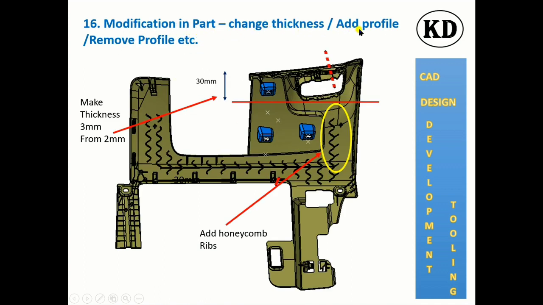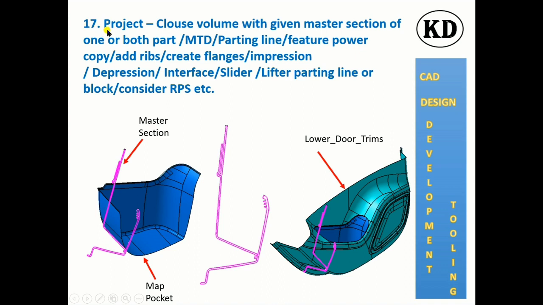And also the second task, the next test, is adding thickness or giving more thickness at particular portions. The dimensions are given. On those portions you have to add thickness, 3 mm from 2 mm, and match smoothly with the bottom surfaces. That is your task, and there will be a menu of a number of features. From the specification tree you have to go to the base volume and select that base volume, offset that surface, extract the surface, offset that surface and match it smoothly. Also honeycomb ribs adding. Next one, the last one, is the projects.